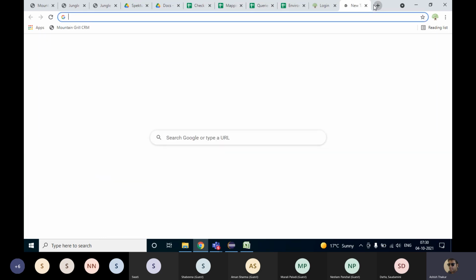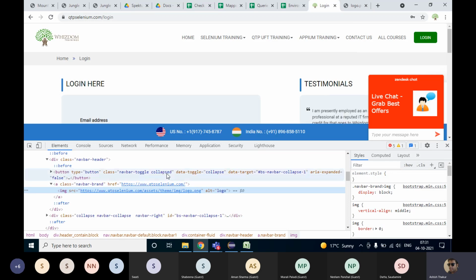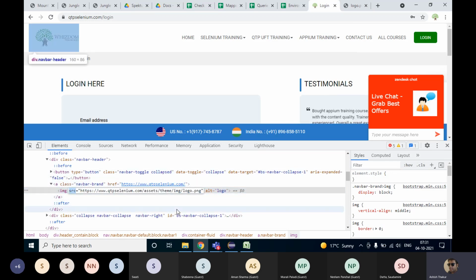Like this URL, if I open it in a new tab, this is the image. So the img tag will always have the source attribute src, which holds the location from which the image is being loaded.